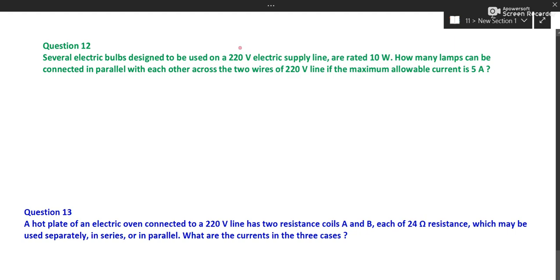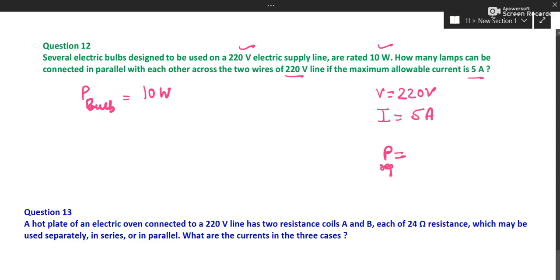Say this is your voltage and this is your power. So power of bulb is given. Each bulb is given as 10 watt. And here we have voltage and power for specified conditions. So this is your voltage and this is current. Sorry, current is given. So you can find one power which is required power. So it is V into I. You remember the formula? P is equal to VI we will use. And okay, so this is required power.